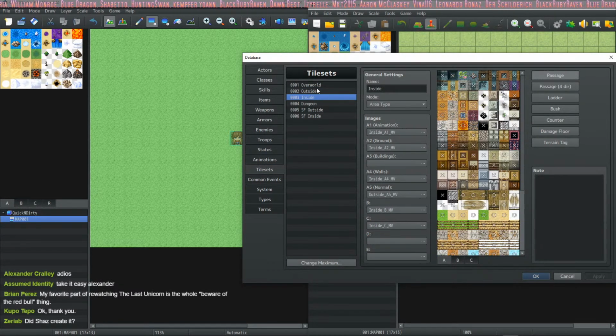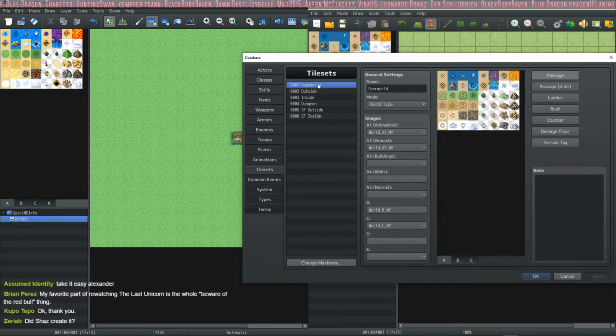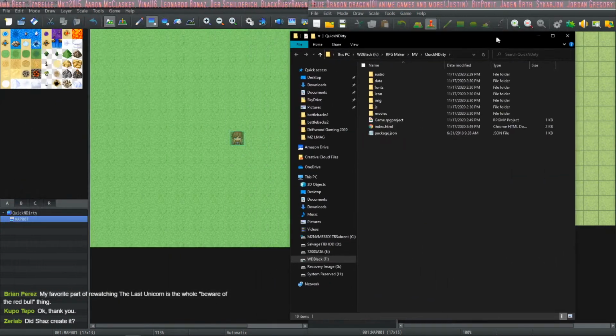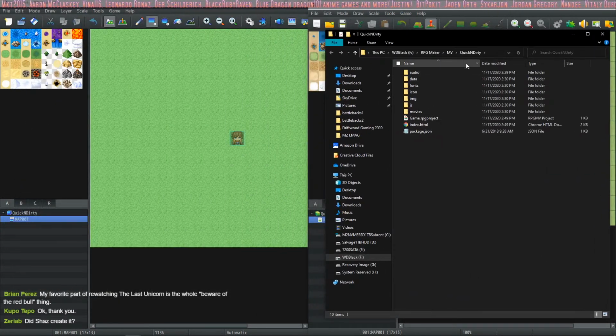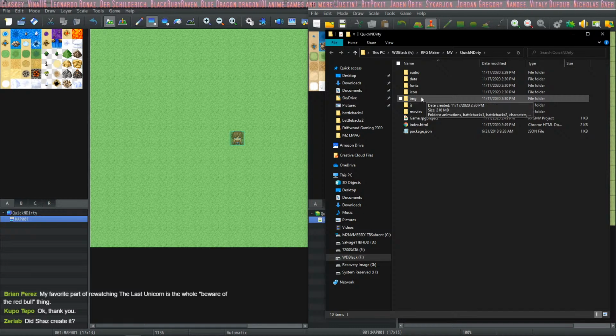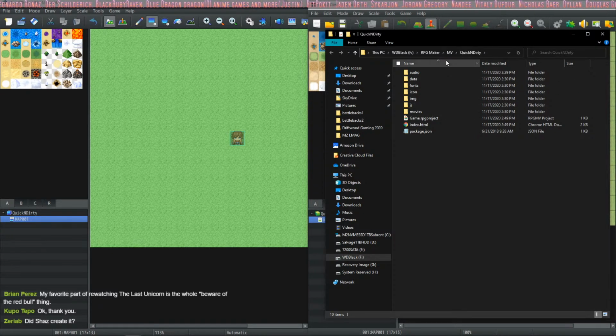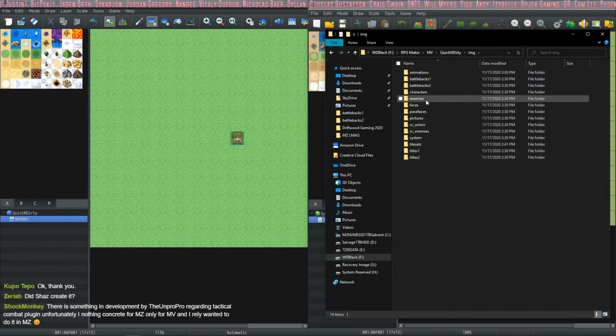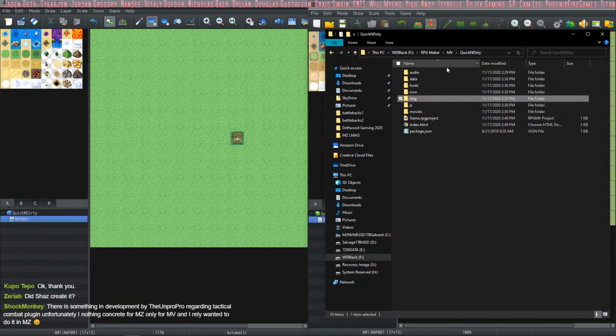And now what I can do is copy this, then just save this game, open folder, copy this folder for the entire thing, right? No, wait. What do I have to put in? The audio's fine. I don't really need to move anything else. Just the data. I have to change the data.